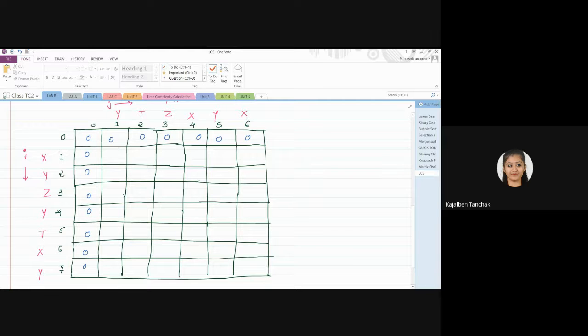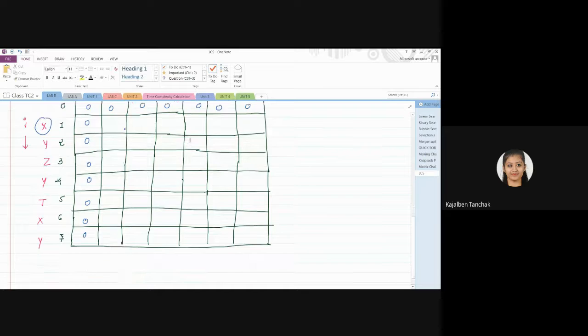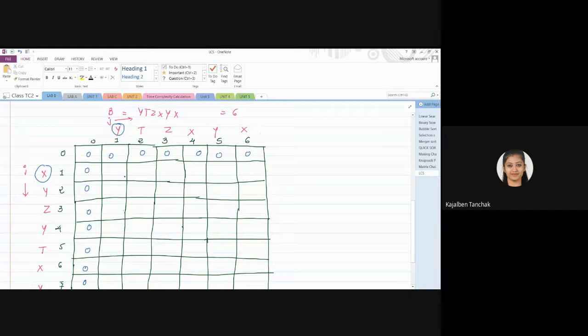Okay, so how will you do it? You will match the characters. Here the character is X, here the character is Y. First you are going to fill this cell. So try to match here. Okay, check it. X and Y, is it matching? Yes or no? X and Y, are both the characters the same or not? Not the same. So you have to use a formula.